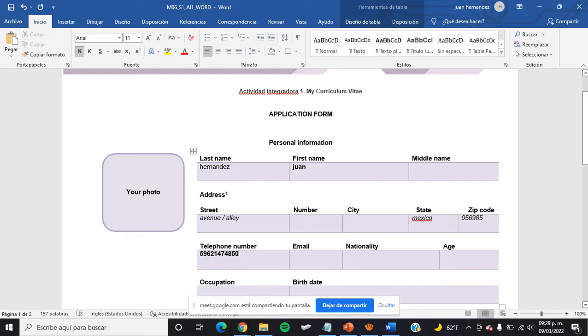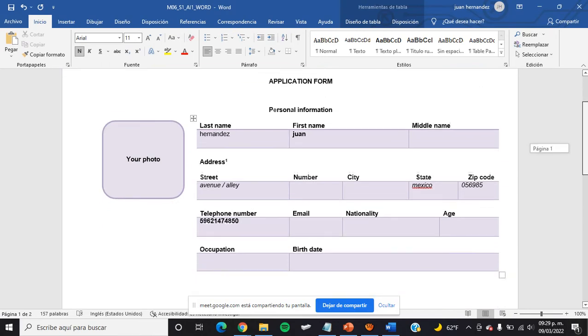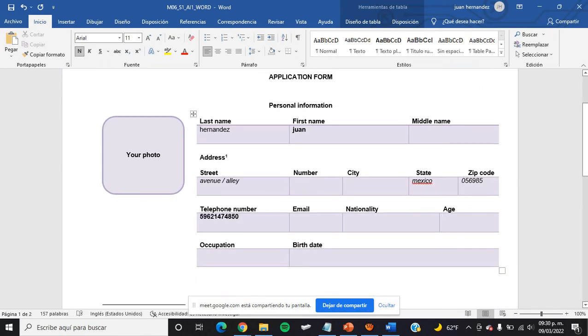Okay, because it's important that you use the language in English. In the email, you write your email, nationality, age. In the age part, it's important that you use the verb to be and don't forget to write the first word, which in this case is the letter I. In my case, I am 24 years old.